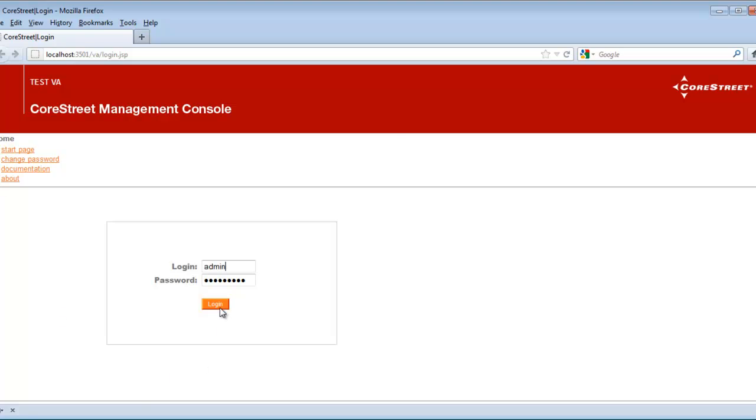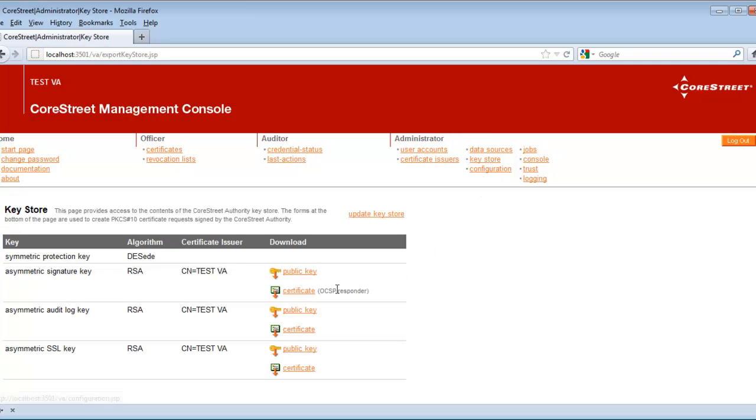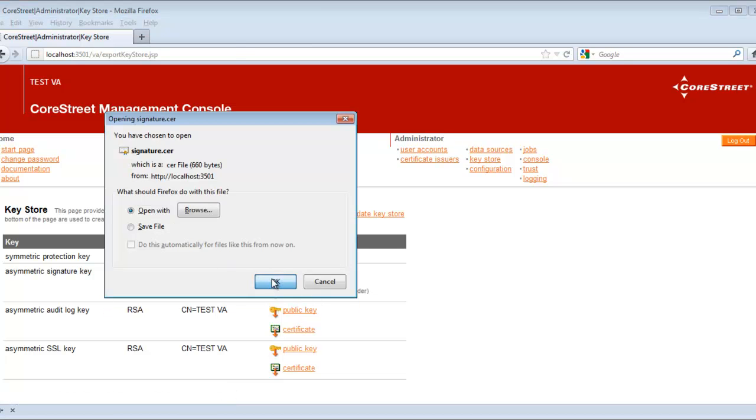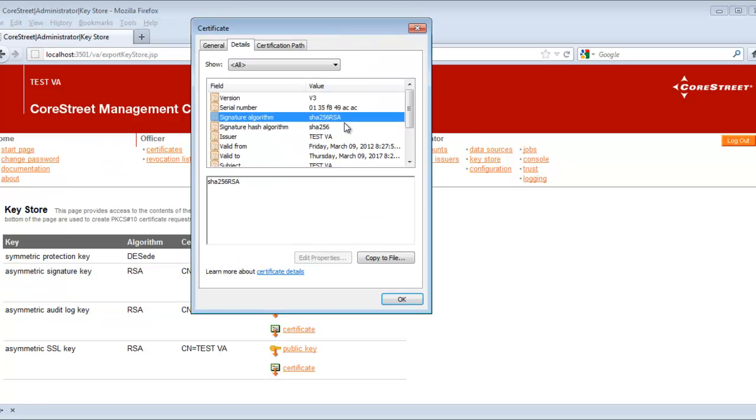And from here I want to verify that the new signing algorithm is indeed being used. I'm going to log in. To check this, we're going to go under Administrator to Key Store, and then we can open up the certificate. And if I go to Details, I can now see that my signature algorithm and the signature hash algorithm are now using SHA-256 as desired. And so we can see that by modifying the security.bml file, just to change this particular value, we now have our certificate